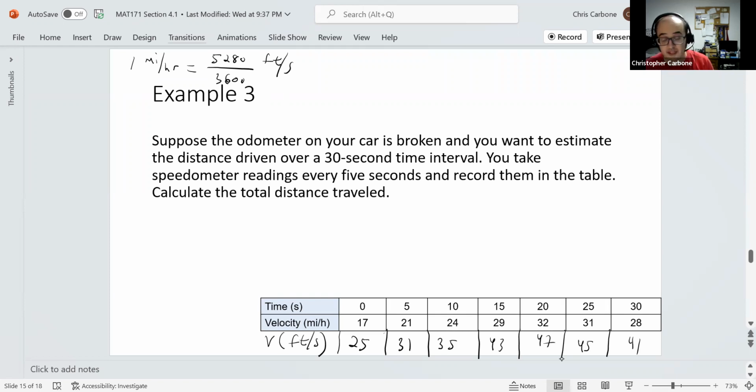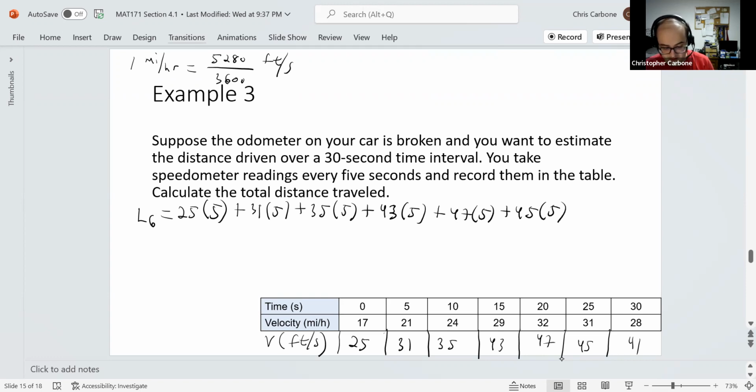So for the beginning values of this distance, based on the left endpoints, this will be 25 times the distance of 5 seconds within each interval, plus 31 times 5, plus 35 times 5, plus 43 times 5, plus 47 times 5, plus 45 times 5. And that gives us 1,130 feet